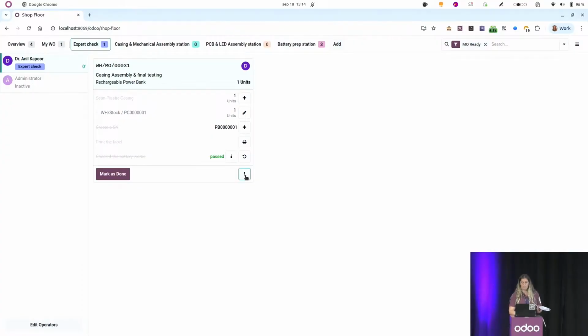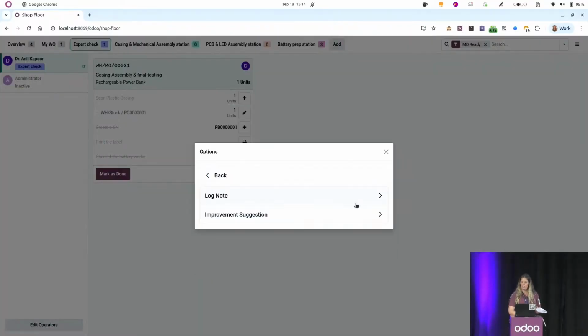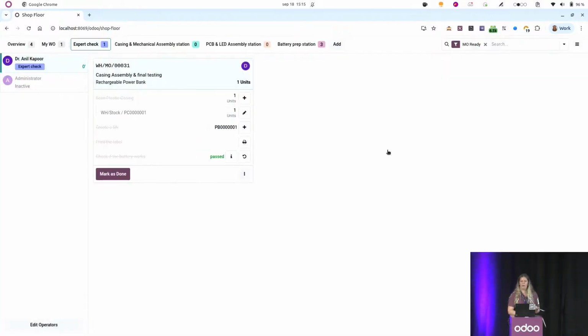He's thinking about maybe updating the instructions by adding an improvement suggestion directly into the PLM app. So the PLM app allows you to change the versioning of the bill of material, for example, but as it's only the first time that he has that problem, he will leave it like that for now, but still he keeps it in mind for next time